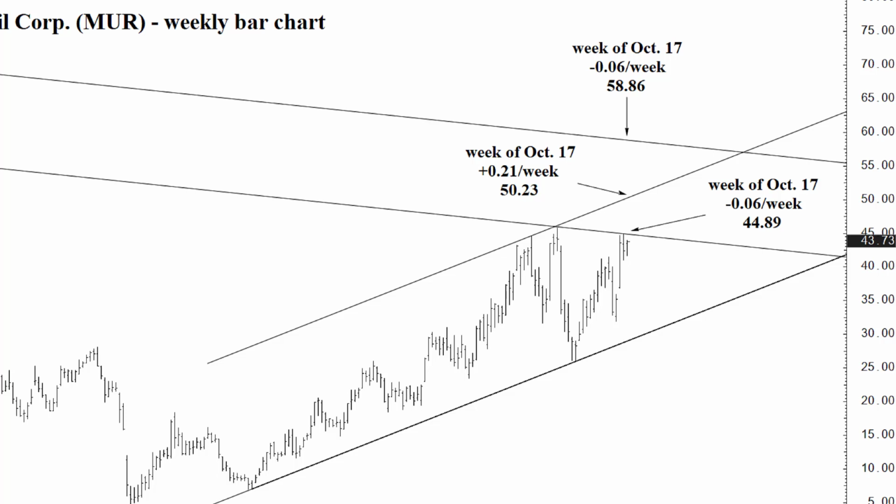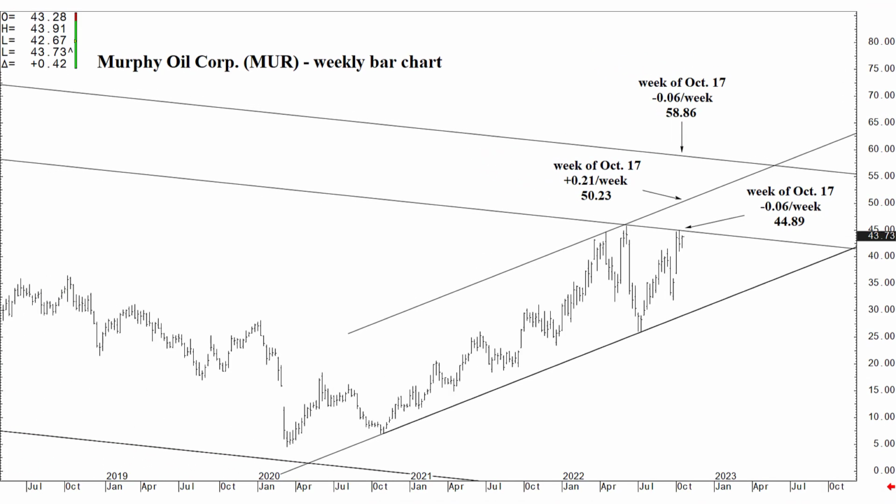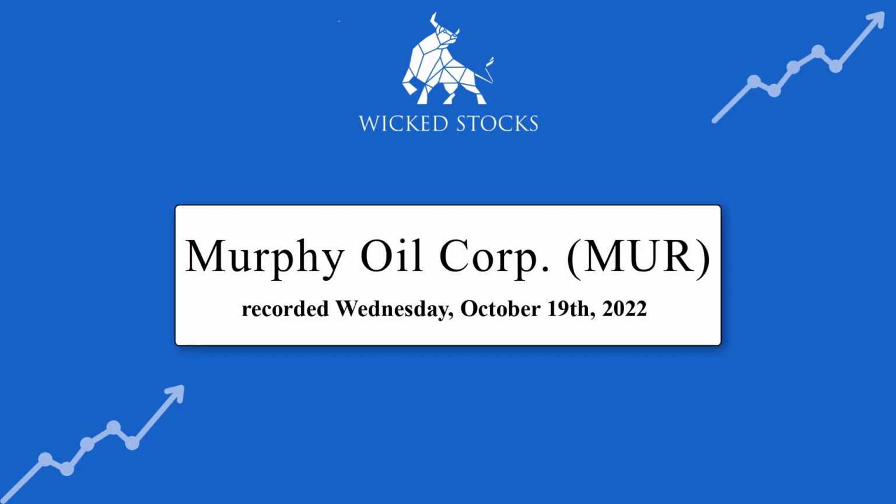That's another option. But I'll paint the big picture, and it's really kind of in your lap as to how you orchestrate the move. Once again, 50.23 rising 21 cents a week. You can monitor its location over time all the way through the rest of the year. There's nothing else to say about Murphy Oil, symbol MUR,